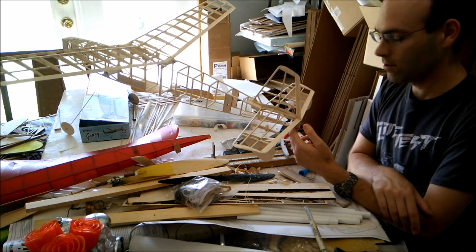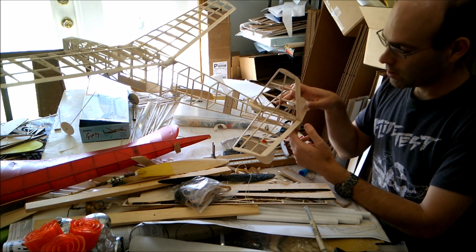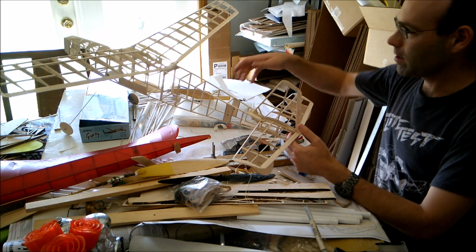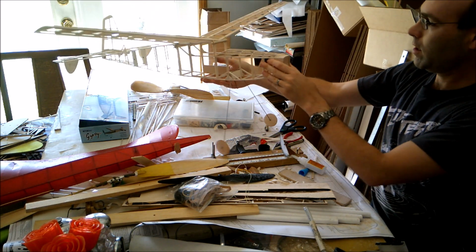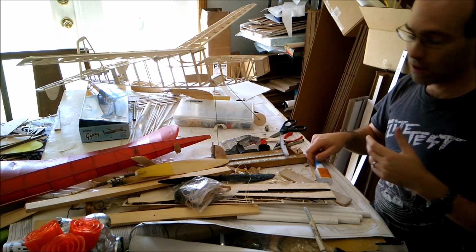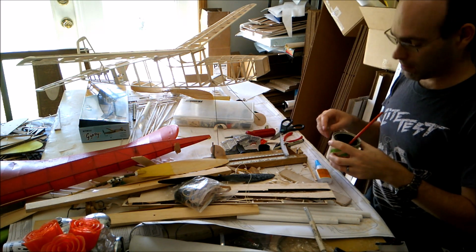By the way, those are not glued in, nor will they ever be. There will be some fittings for that. Same as the vertical tail, it's going to be removable, so everything packs down flat for storage. So with that, we are done with all the mechanicals, other than stuff that can't be applied until after the dethermalizer is put in. So I'm going to take this airplane apart to do this next step, but I'm going to go ahead and